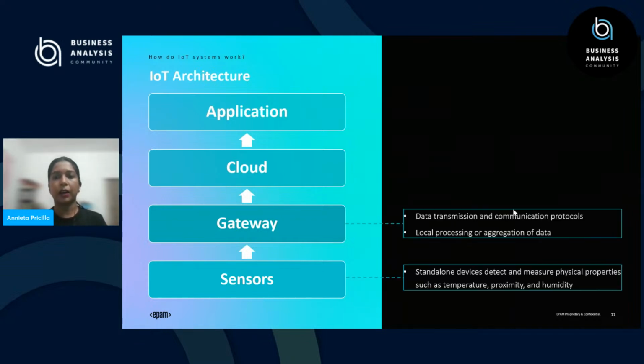Gateway is where we have the data collected from the sensors before we pass it on to the cloud. Like we spoke about edge processing, right? A gateway is one type of device that is used in edge processing or edge computing, wherein before we pass on the data to the cloud, the gateway acts as a central point where all of the data is locally processed and aggregated. In certain cases, some rules might be applied, some initial analysis might be done, and then it will be passed